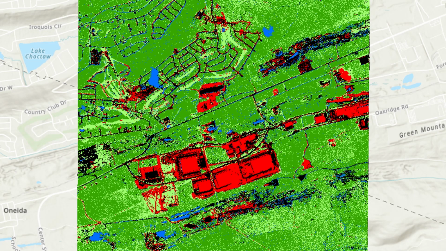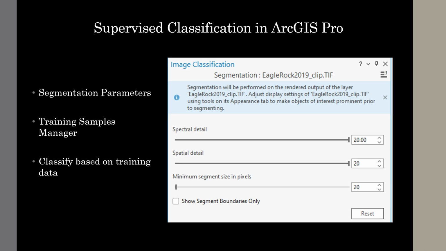It will be discussed further in the results, but it's very generalized and clearly messy between grass in light green and trees in dark green. For supervised classification, I first segmented the data. For the 2019 imagery, I used 20 for spectral detail and spatial detail since I wanted to over-segment to limit